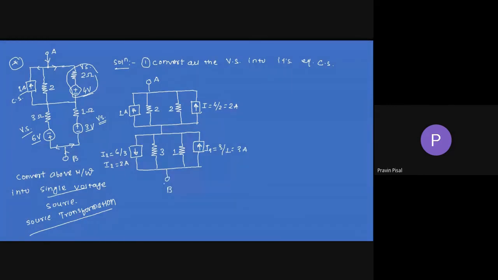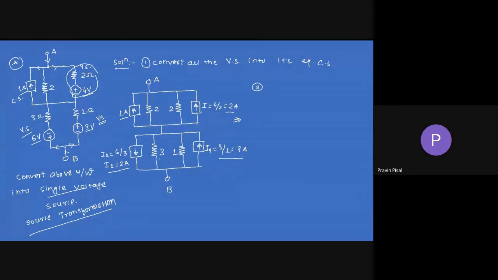Fine. So this will be the pointer. Right. So you can see that in the first step, we have converted all the voltage sources into their equivalent current sources. Right. Now the next step, step number 2. What you observed here is that this 1 ampere current source and this 2 ampere current source are both connected in parallel, and we know that in parallel the current sources are added. Similarly here, this I2 of 2 ampere and this I3 of 3 ampere are both connected in parallel.